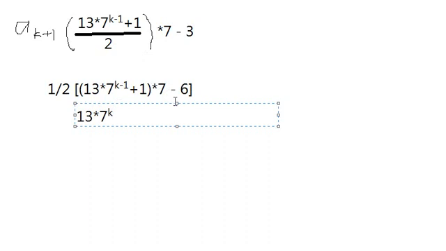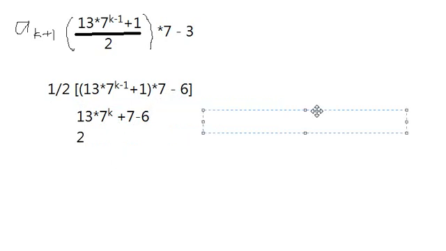Index law. So if you are not familiar with index law, I will suggest that you go and have a look. So now we have plus 7 minus 6 divided by 2 because of this, and so plus 7 minus 6 is equal to